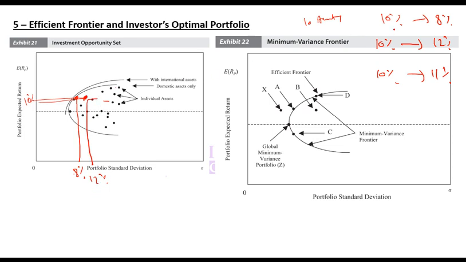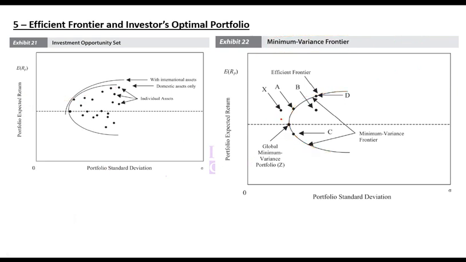If I plot only the graph with minimum variances, that is, what can be the minimum variance for 10% return, what can be the minimum variance for 12% return, what can be the minimum variance for 8% return, then that is known as the minimum variance frontier. So the minimum variance frontier is that opportunity set in which you plot only the combinations with minimum variance. You plot the minimum variance to generate 10% return, the minimum variance to generate 12%, the minimum variance to generate 8% return, and so on. Any confusion so far? This is the minimum variance frontier.